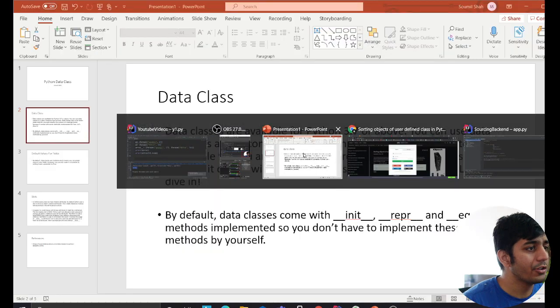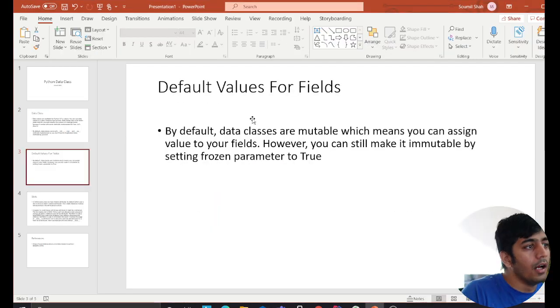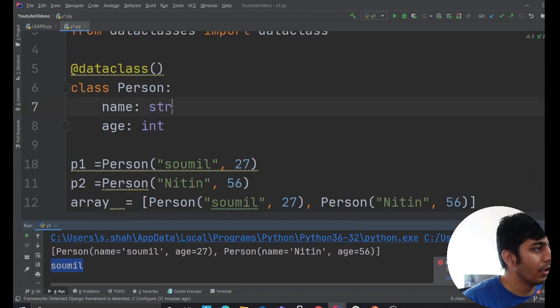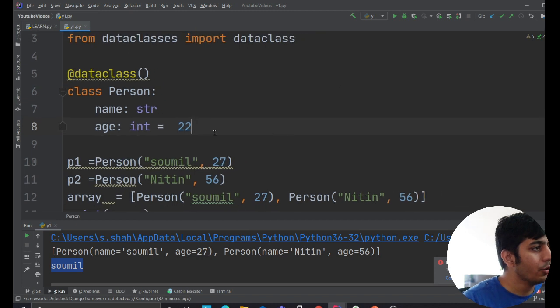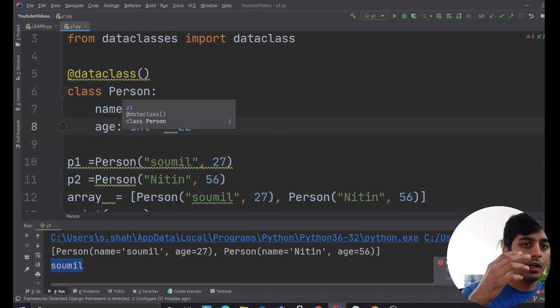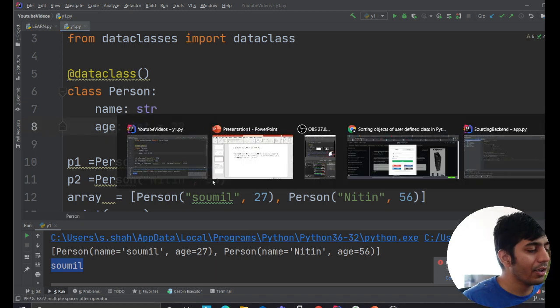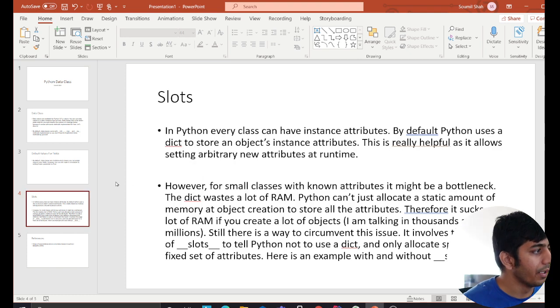Now let's go to the slides further and read a couple of things. It also supports default fields. What I mean by that is, if you don't pass an age and you wanna give a default, well, you could do that. And in your classes, when you have a lot of arguments, just create a data class and then pass the data class to the other classes, right? Like an injection model, right? So you could also set default values as well. Now let's read a couple more things.